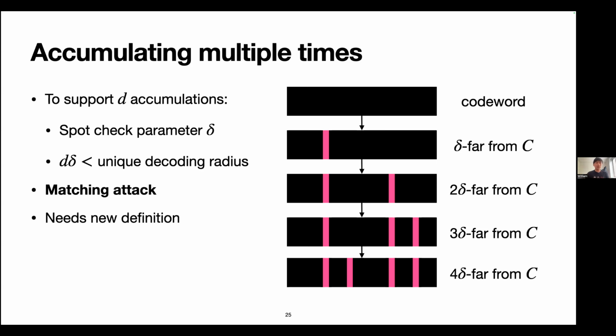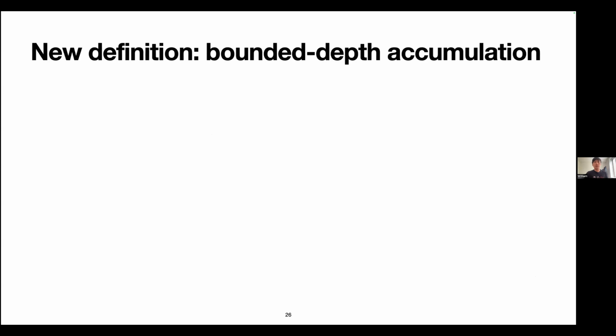Cool. And so this notion of accumulation where you can only support a bounded number of steps is not captured by the definition that I described earlier. So it does need a new definition. And we give this in the paper. We call it bounded depth